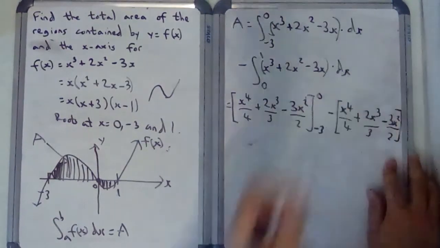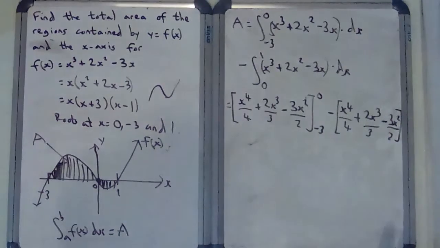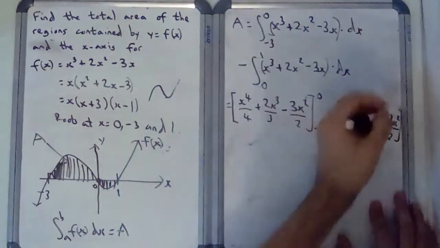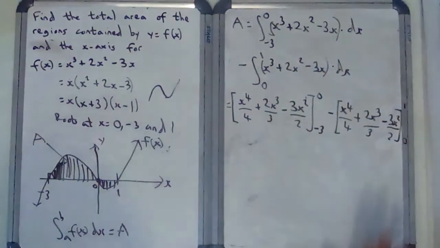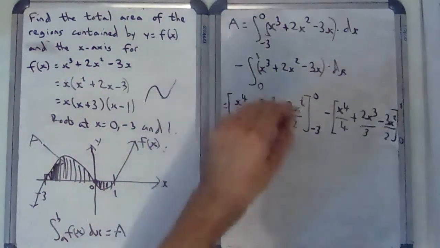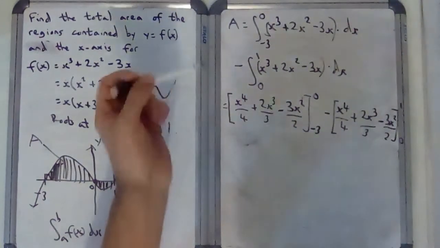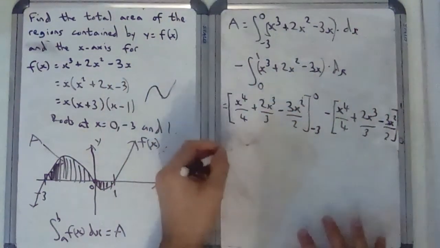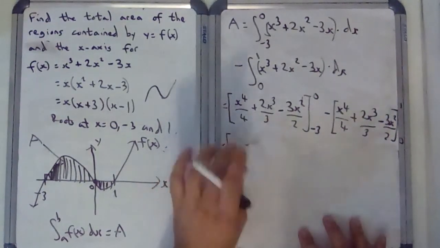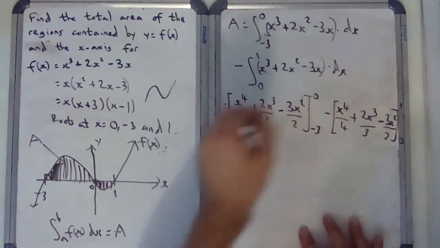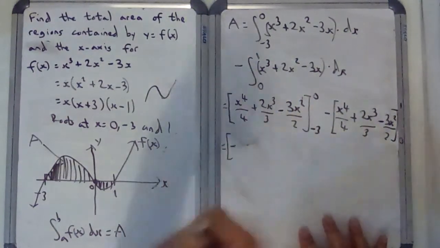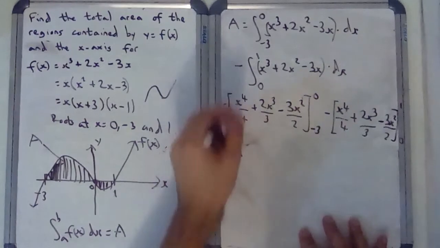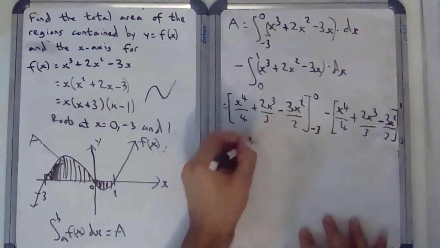I can't fit it. Same function, the antiderivative function, evaluated between 1 and 0, so sorry about that. I'm just going to draw on the metal. Between 1 and 0. We're going to substitute 0 into this and take away the value when we put minus 3 into this. So this first one is just going to be 0 plus 0 minus 0, so 0, minus, and then we're going to substitute minus 3 into here,